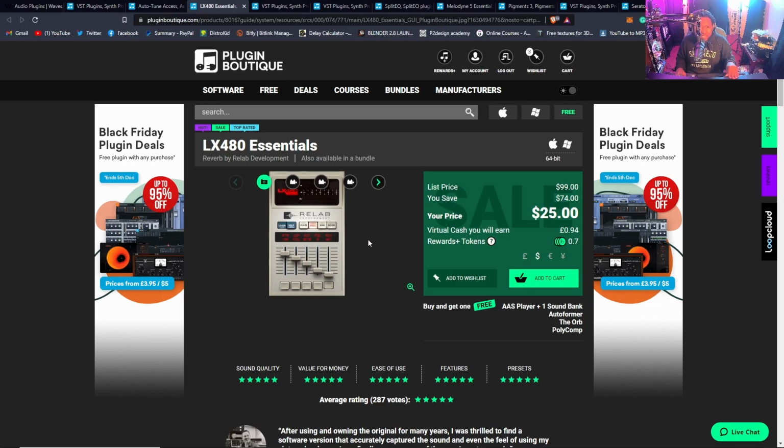I saw this right now. This is the LX480 Essentials. It's basically a Lexicon recreation from the guys at Relapse. So if you're looking for a really dope vintage Lexicon style digital reverb plugin, the Lexicon reverb is one of the most sought after reverbs. It's a physical unit, but it's really popular. It's in most every big studio. It's been on so many records. It's a really good sounding